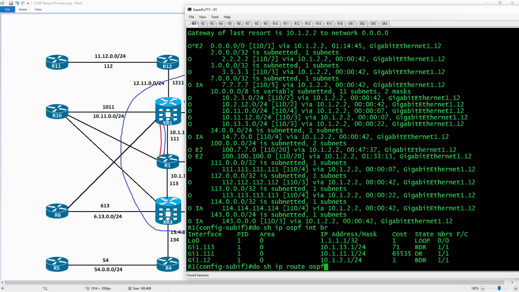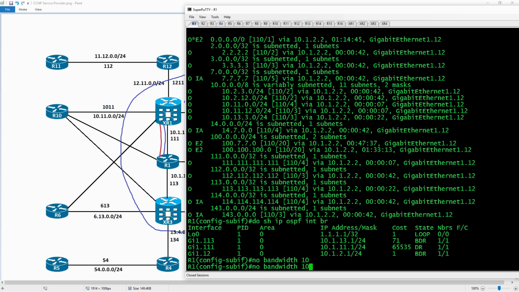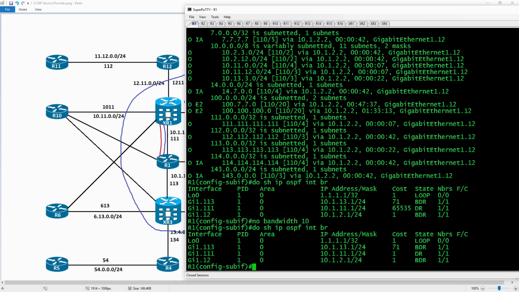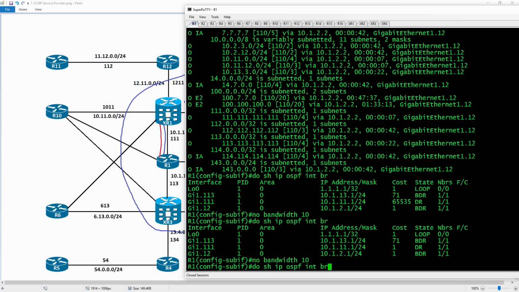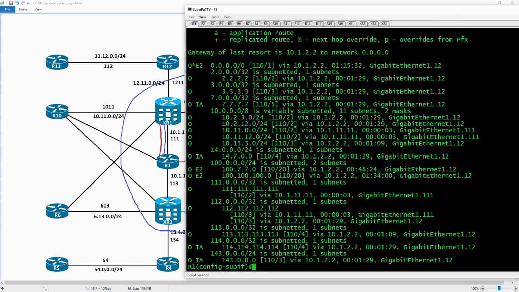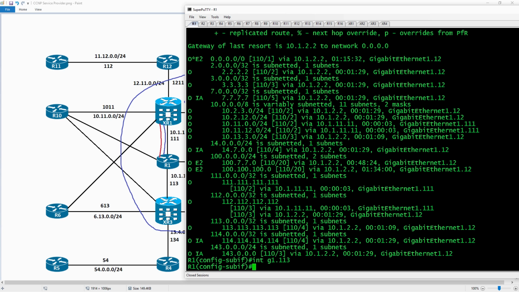Now if I go back to the interface level and I type in no bandwidth 10, it's going to reverse that back. And if I do show IP route OSPF, I'm going to have more paths added because now that route has been propagated. And then if I come in here and I go back to dot 13, and I type in no IP OSPF cost